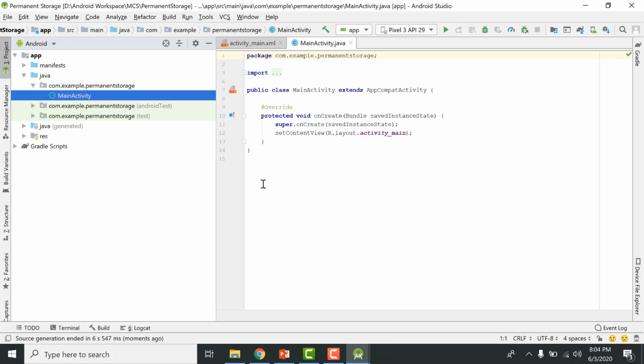As you know, in the MainActivity.java file we do coding. So for this app I'm not going to design anything. We are just going to write some code in order to implement how a database is created and how records are inserted and how tables are created inside